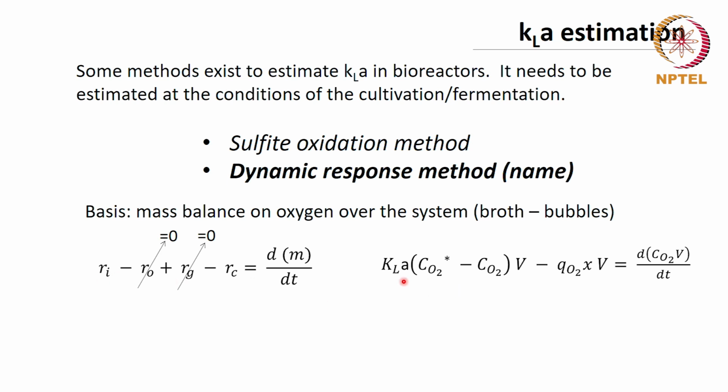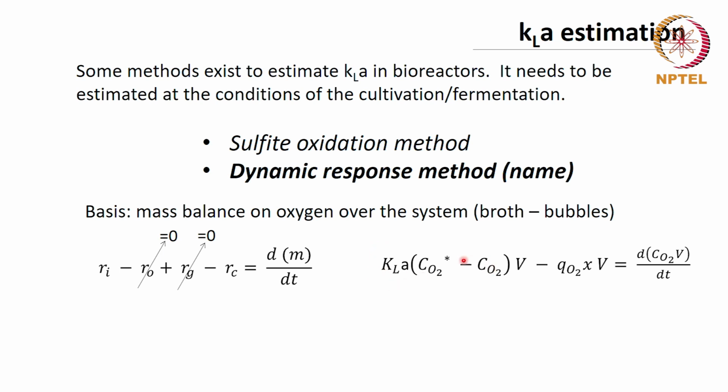What is the input rate? Now we have an expression for the input rate in terms of KLA: KLA into (CO2 star minus CO2). Now note, KLA, the volumetric mass transfer coefficient, times the concentration difference here. Okay. This is in terms of moles transferred per unit volume per time. We want each of these in terms of moles transferred per time, mass per time, moles per time. We can work with moles per time, and there will not be a big difficulty in this case.